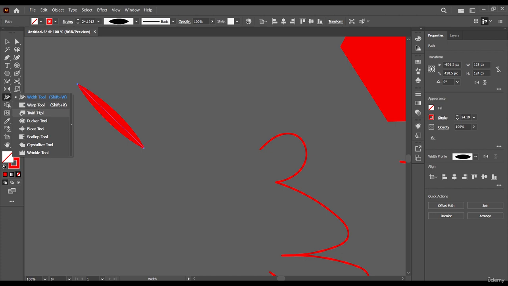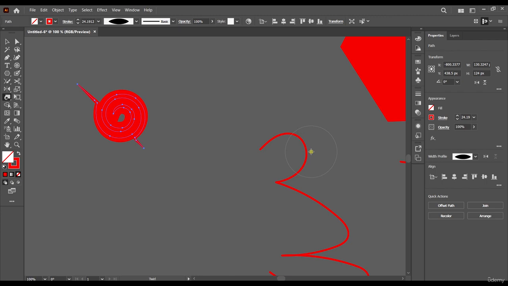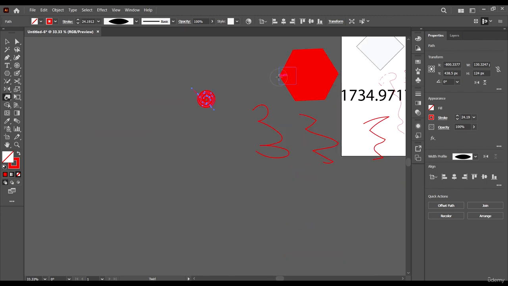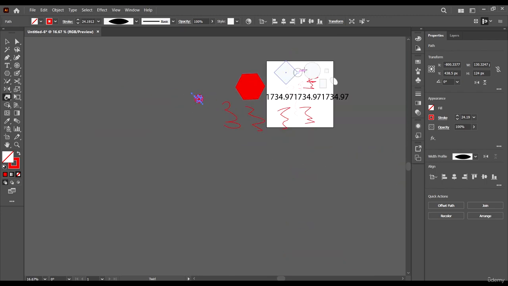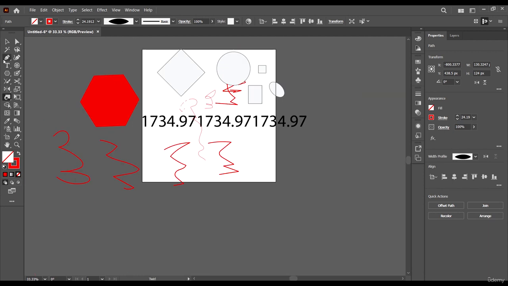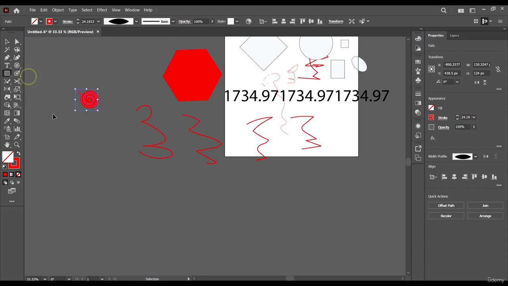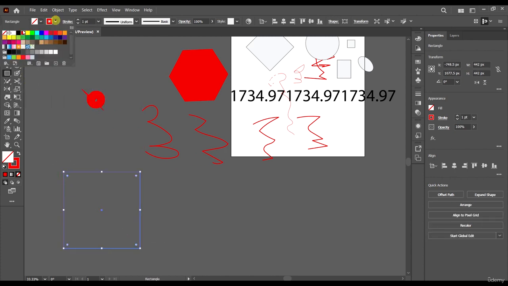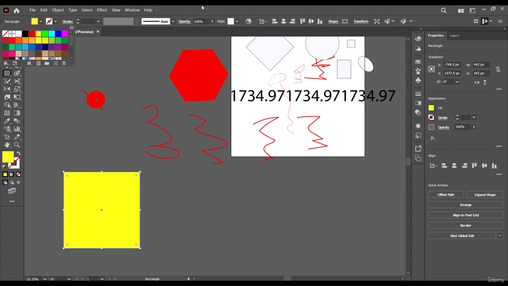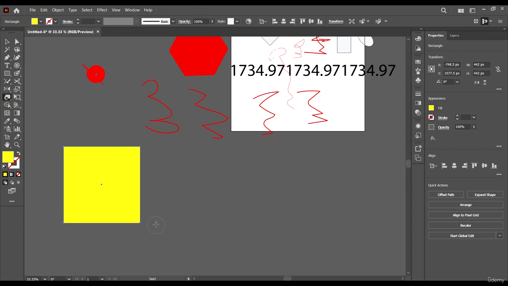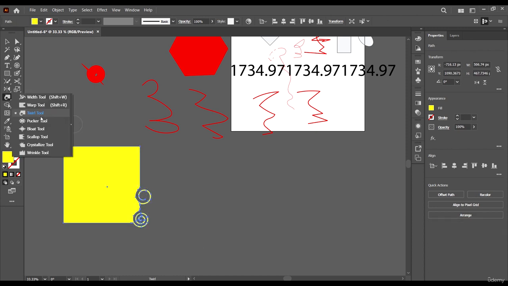I have other tools here. We have the warp tool, the twirl tool, which does stuff like this. It kind of distorts our shape. Okay, like this. Let's just draw a normal shape and see. Let's draw a rectangle and give it no stroke and give it a yellow fill. Then come and select this tool here. Now you see this is what the twirl tool does,